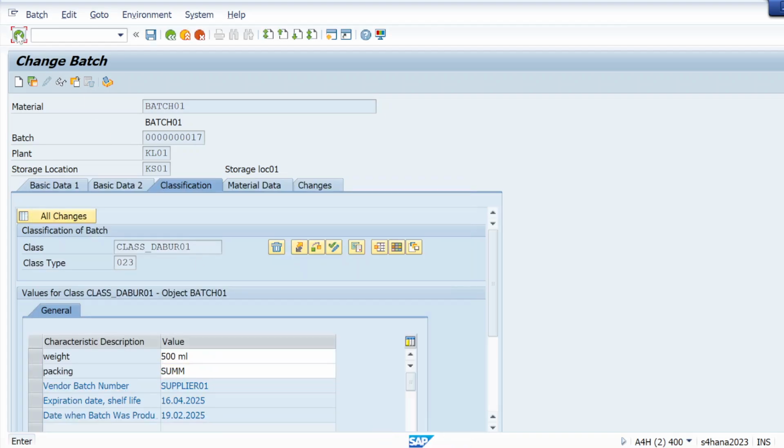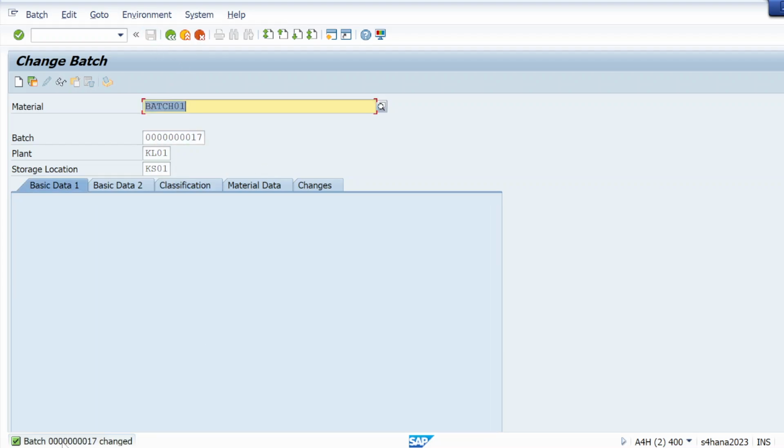Okay, hit enter and save it. So you can change a batch by using T code MSC2N. If you want to display that batch, you can use T code MSC3N. Simple as that.